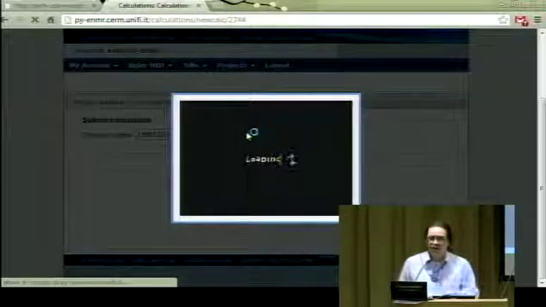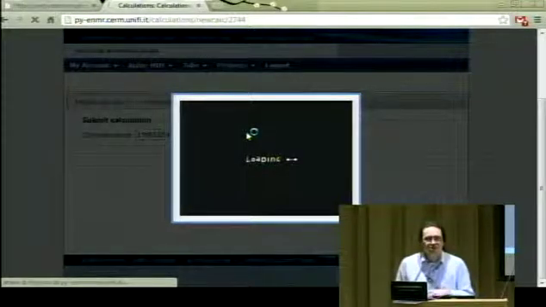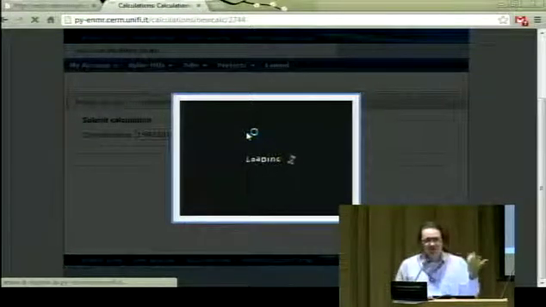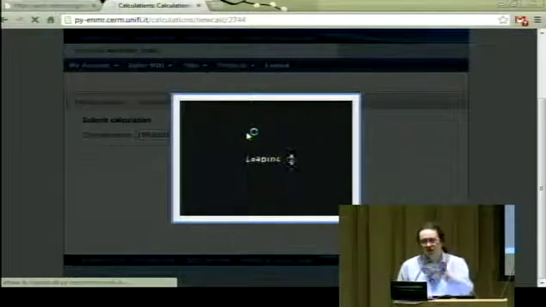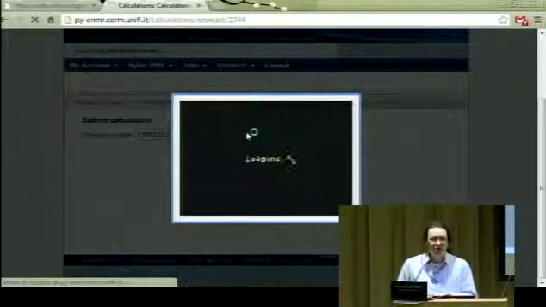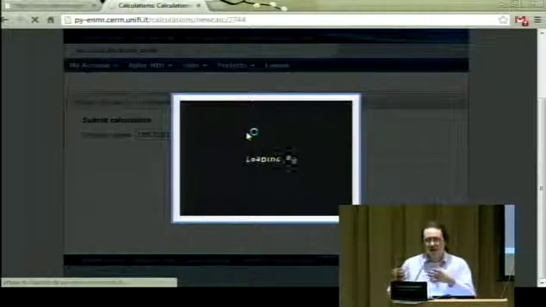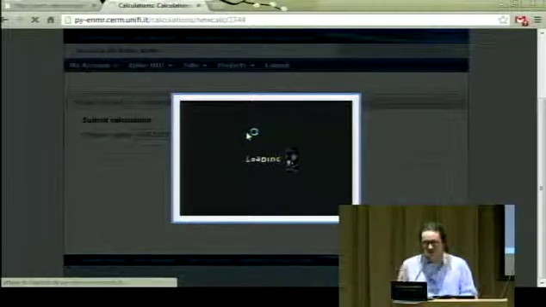This is taking a few minutes, because the communication with the grid is typically fairly slow, I have to say. That's also why if your job is only lasting for 30 seconds, 1 minute, it's not worthwhile sending it to the grid, because you will spend more time talking with the grid than waiting for the results. Of course, if you have to do 10,000 of 1 minute, then you can find ways where you bundle them together and you get a quicker